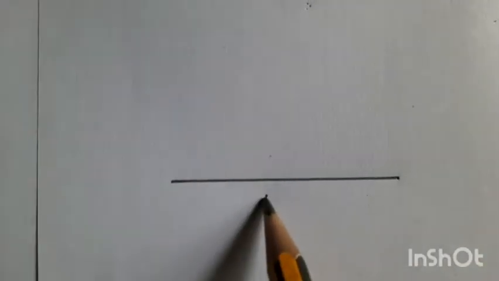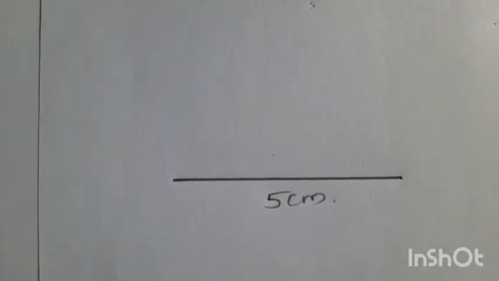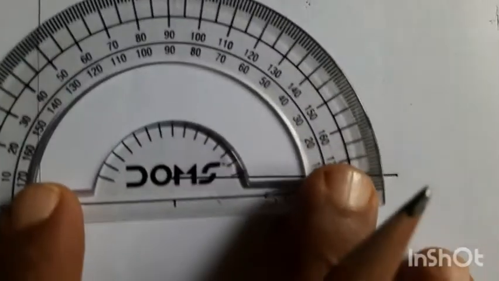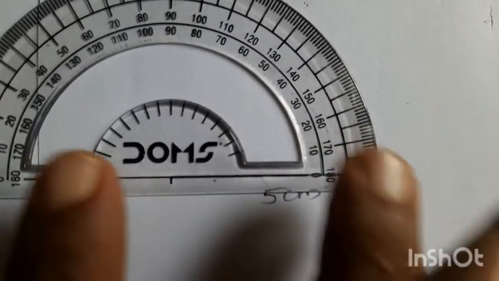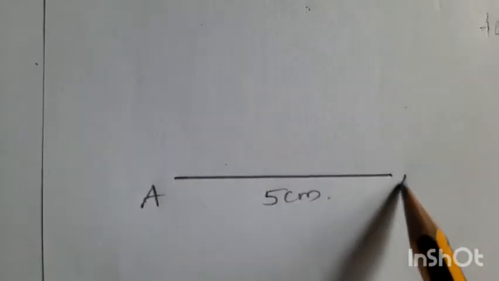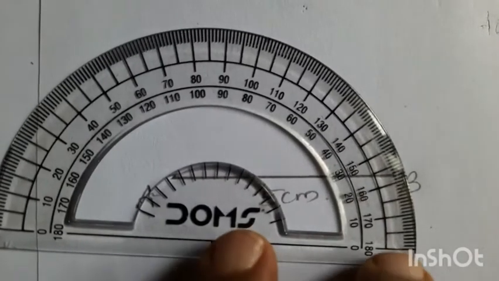Next, a quadrilateral with the 5 centimeter, 3 centimeter and 4 centimeter sides, with 2 angles specified. So first of all we are drawing a 5 centimeter line. From here we take angle 80 degree and mark 3 centimeter. From that point draw an angle of 120 degree with the 4 centimeter. We are drawing a line of 5 centimeter first. Then take angle 80 degree from this point, or you can give the names AB. Okay, from A you can take angle 80 degree.